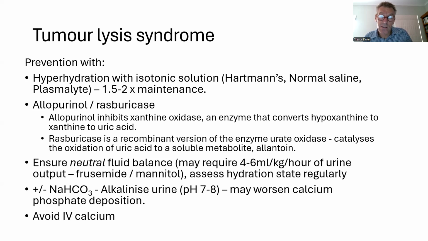Xanthine oxidase is an enzyme that converts hypoxanthine to xanthine to uric acid, and so allopurinol inhibits that, so you don't get uric acid deposition in the kidneys, or not nearly as much. There is another medication called rasburicase, which is even more effective than allopurinol. It's more expensive, but